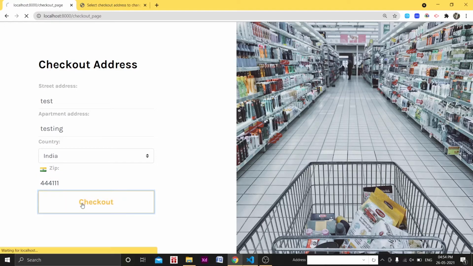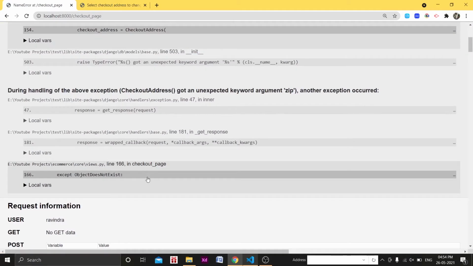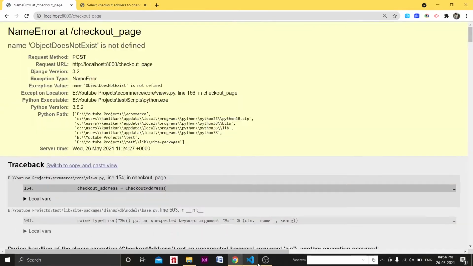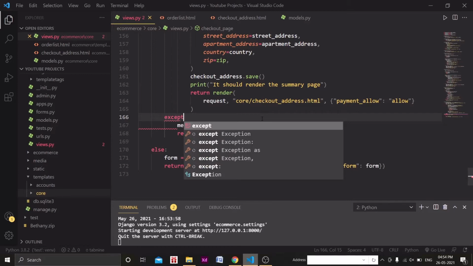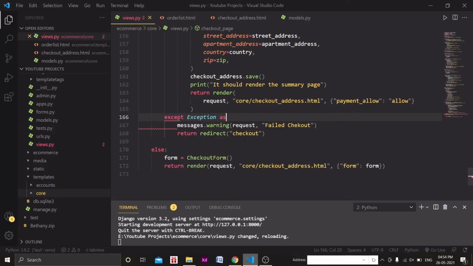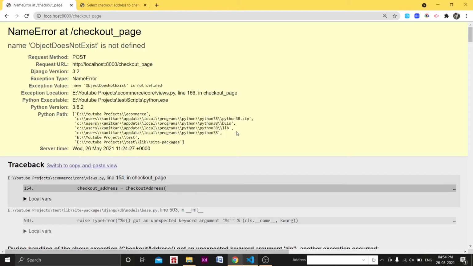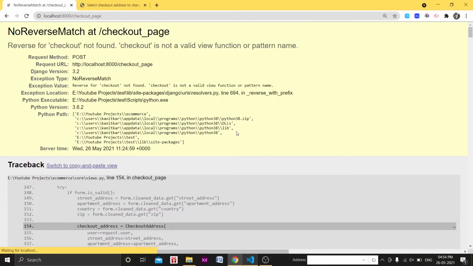And when we click on checkout, object does not exist error. We can remove that object does not exist, and instead we can do except Exception as E, and let's see if this works or not. Let's reload this.